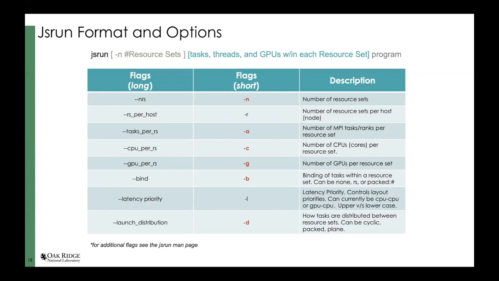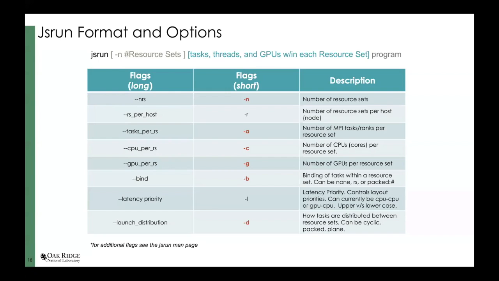And then binding, the -b, says to bind tasks to some number of physical cores. And then the last option there, the -d, is the launch distribution. So this is basically how the system will lay out tasks, MPI tasks, or ranks between each resource set. So I've highlighted the flags: the number of resource sets, the tasks, the cores, the GPUs,